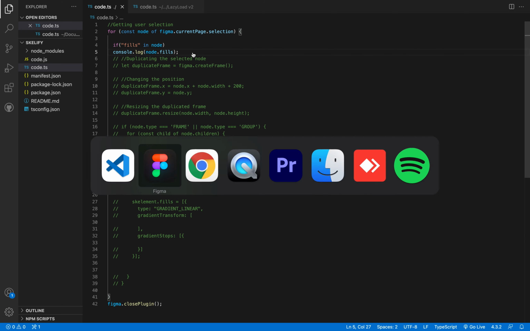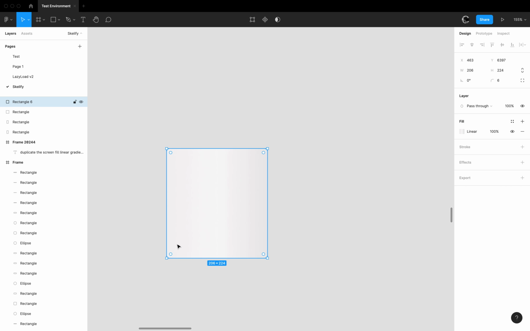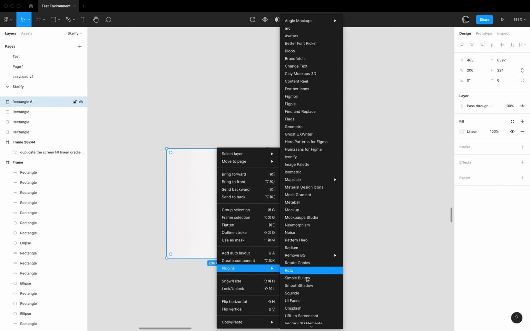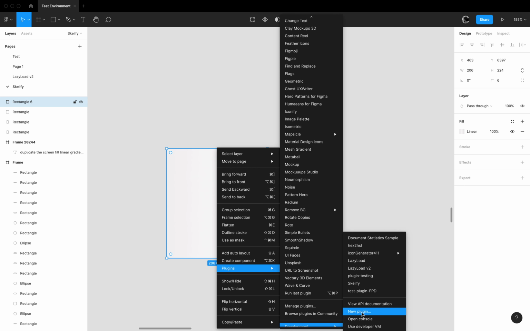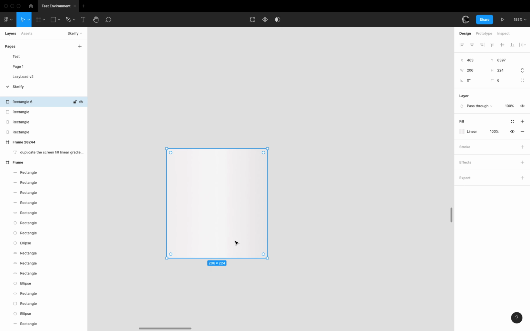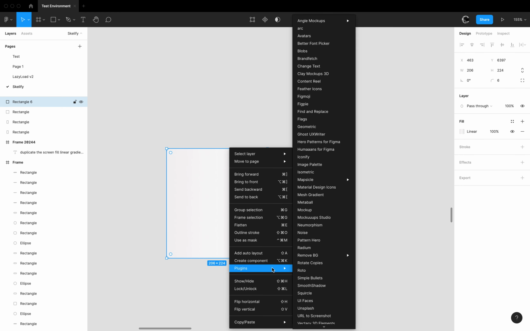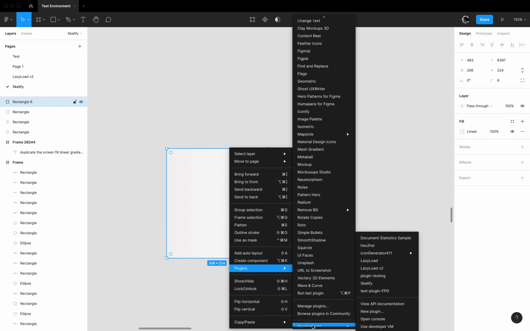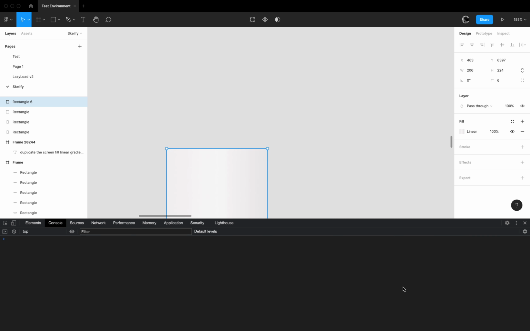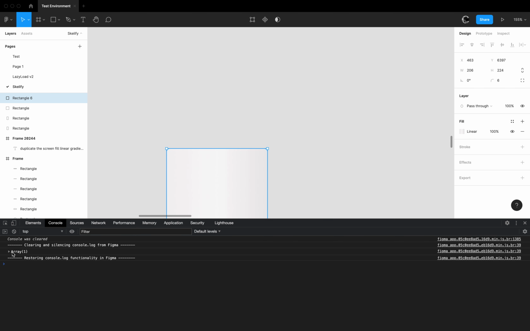We can just save this and then go ahead and run our plugin and get that gradient transform and gradient stops value. So I'm going to run this now. Let's say Skelify. As you can see, nothing is happening over here because it's trying to print that gradient transform values on my console. I'm going to open the console, and as you can see over here, it is printing